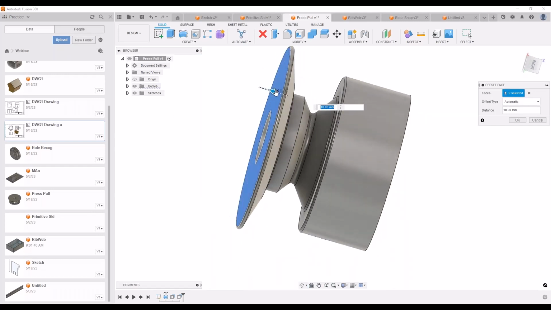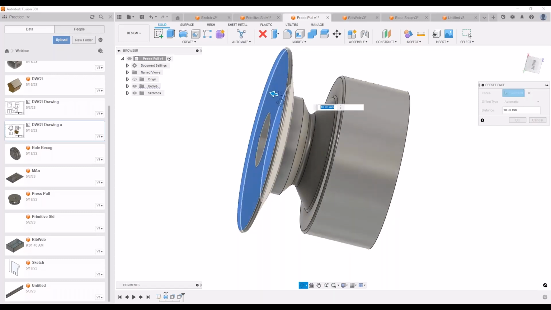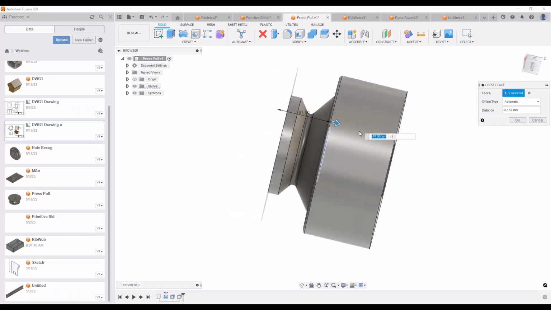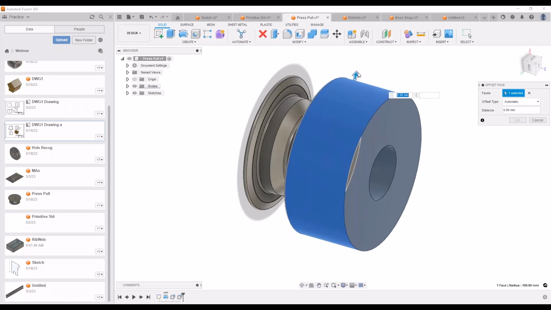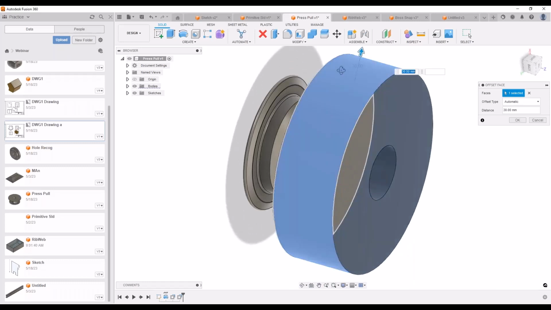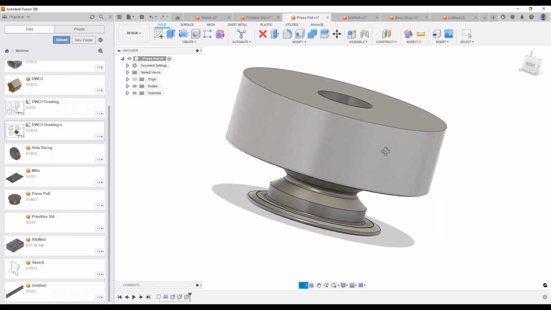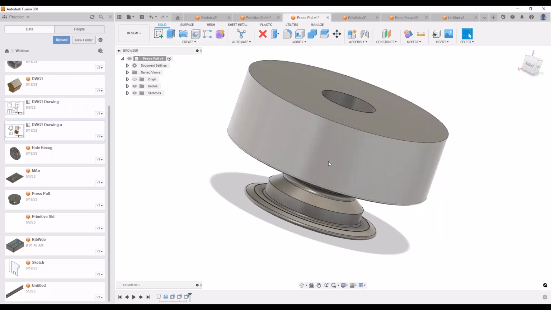So all of the surfaces that are attached to it will automatically be modified to suit what it is you need. Another handy tool there, and then you can also change the diameter of the cylindrical section just by pulling it out like that. Now, this is a very, very easy and handy to use tool, especially when you're wanting to do some, let's call it organic design, shall we? All right,